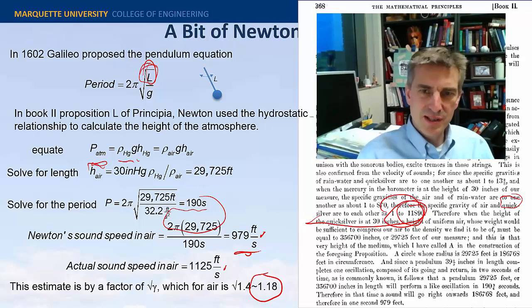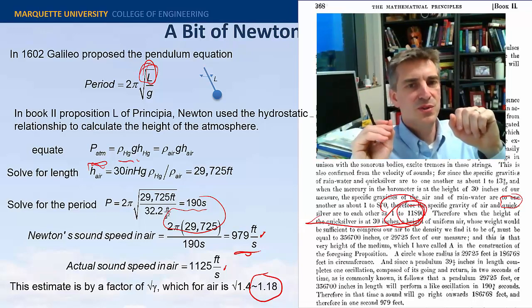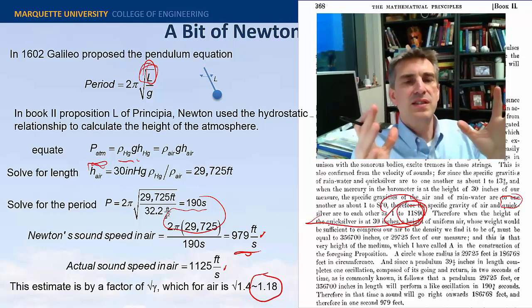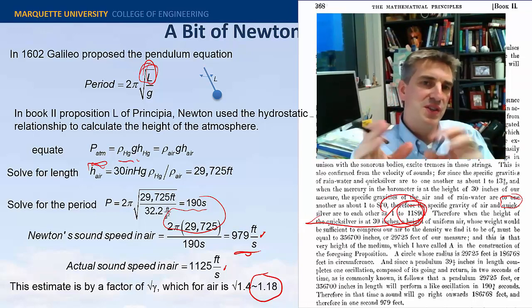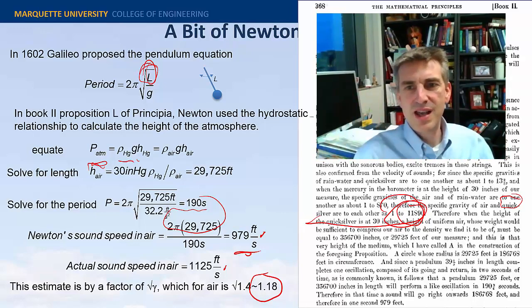And in Principia, he went on to say, well, it's the dust in the air, right? He knew his estimate was low. So he said, well, the dust is increasing the air, and so is the water in the air. Those two things, the dust and the water, are increasing the sound speed by, and he went on to estimate it and get it a little closer.